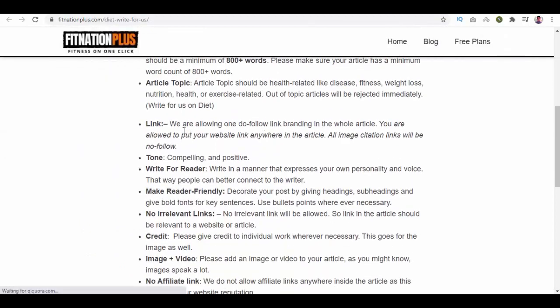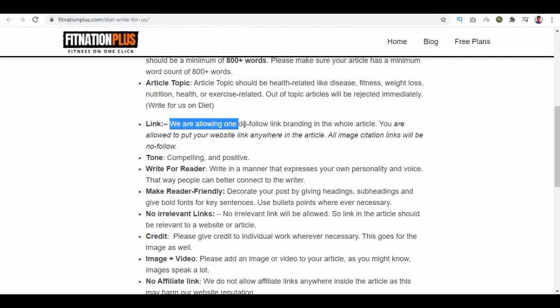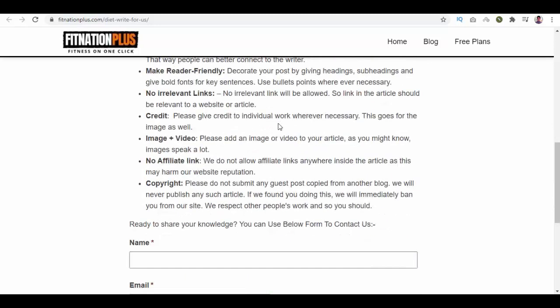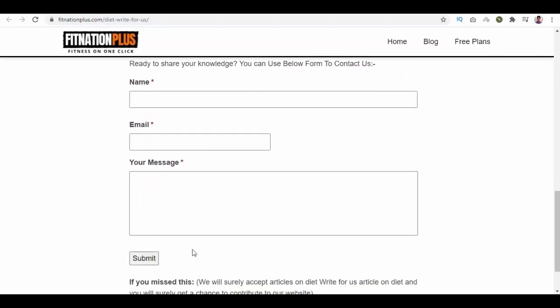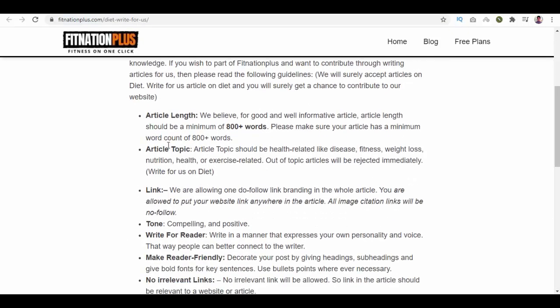On the first page, we find a clause for the link that says they allow one do follow link branding in the whole article. You are allowed to put your website link anywhere in the article. All image citation links will be no follow. And below we have a form to insert your name, email, and your message. Enter details and submit. Back on top, we can see the length of the article will be 800 plus words